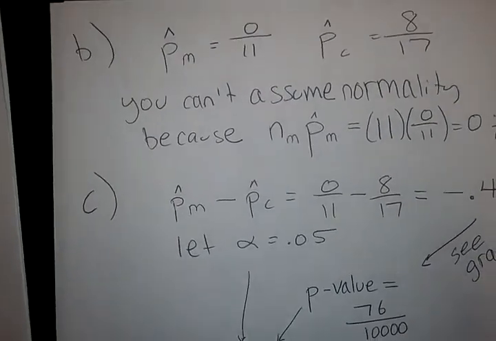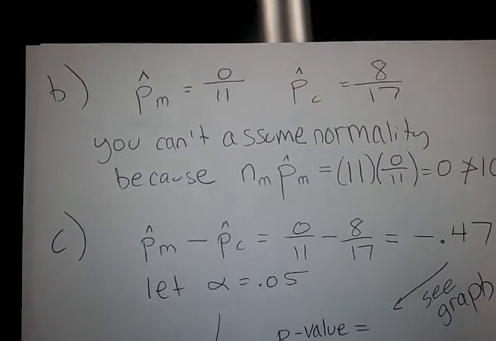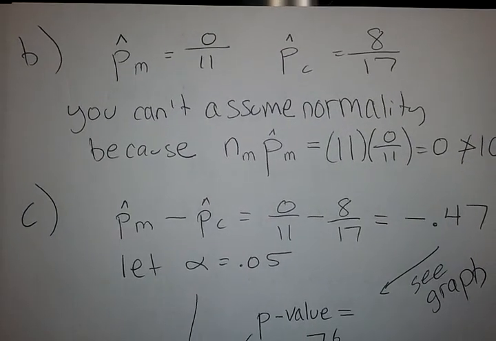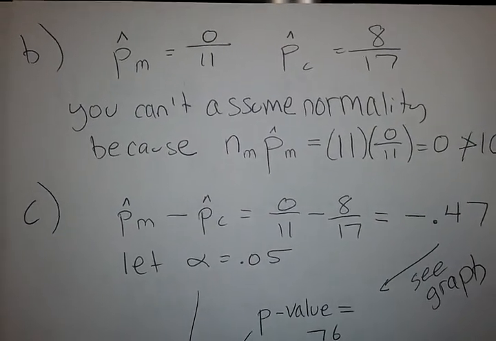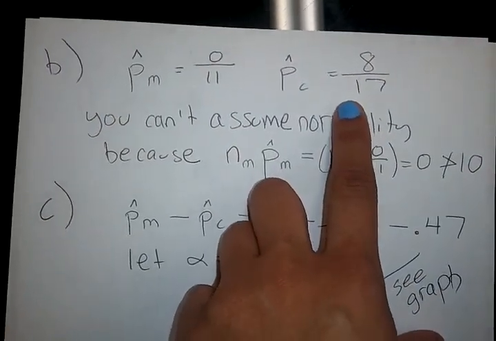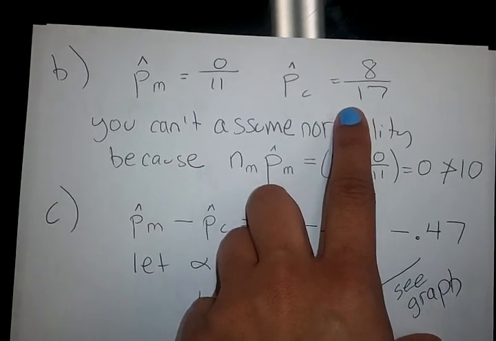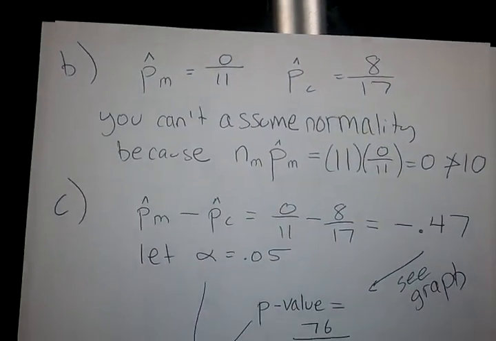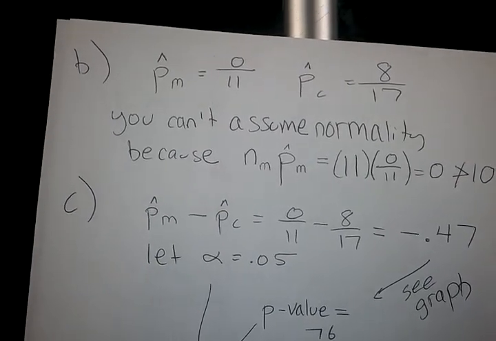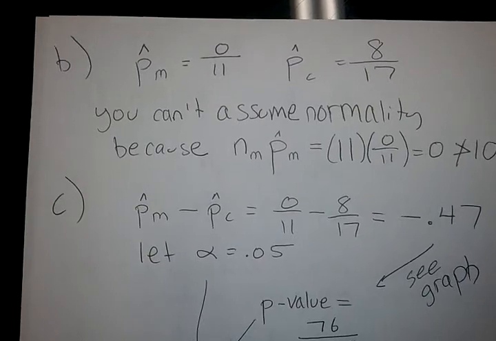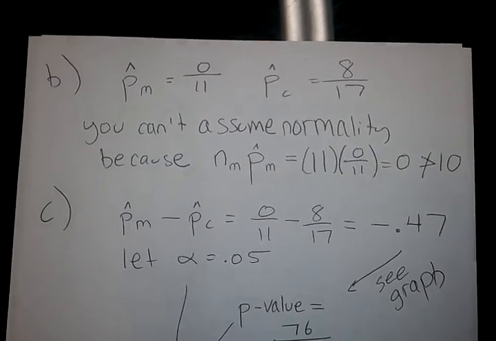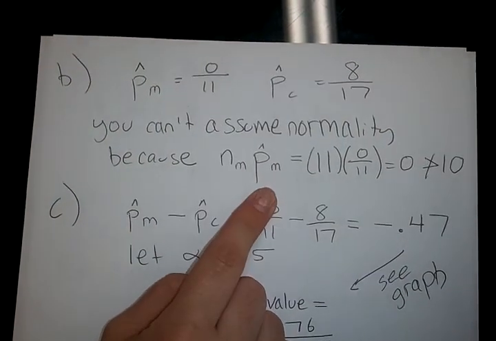Let P hat M represent the proportion of men with high blood pressure among those in a random sample of 11 who meditate daily, and let P hat C represent the proportion of men with high blood pressure among those in a random sample of 17 who do not meditate daily. Why is it not reasonable to use a normal approximation for the sampling distribution of P hat M minus P hat C? Well, it's not reasonable because you can't assume normality here, because np is not greater than or